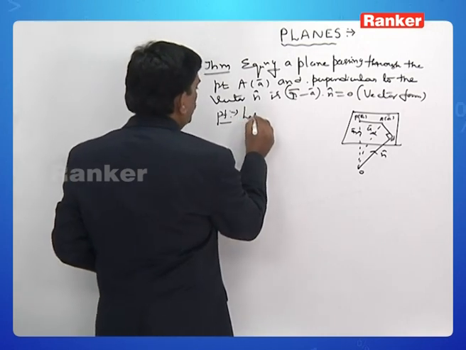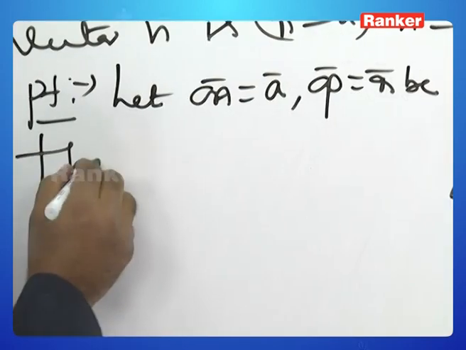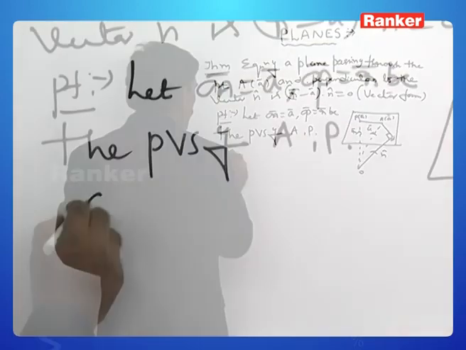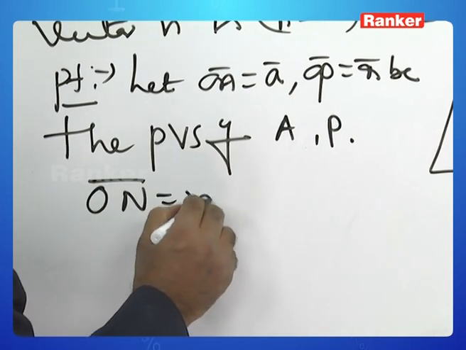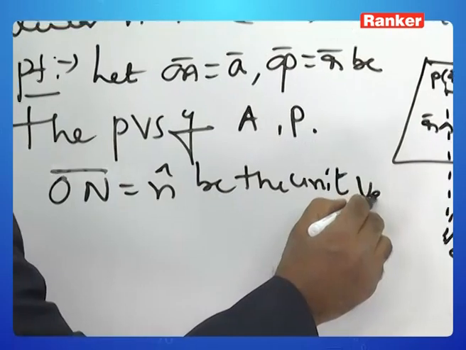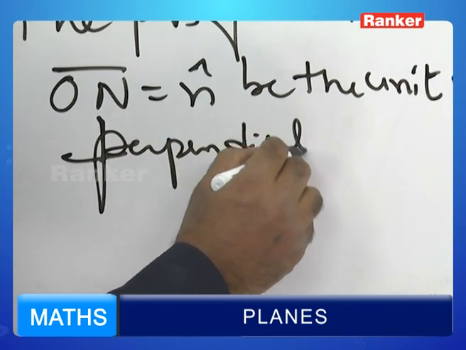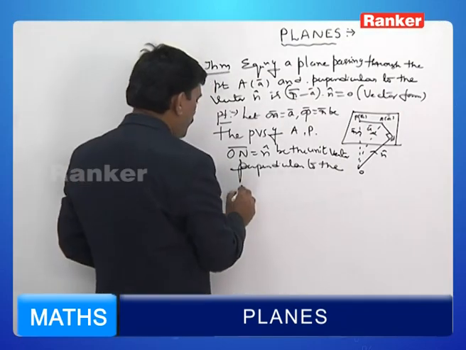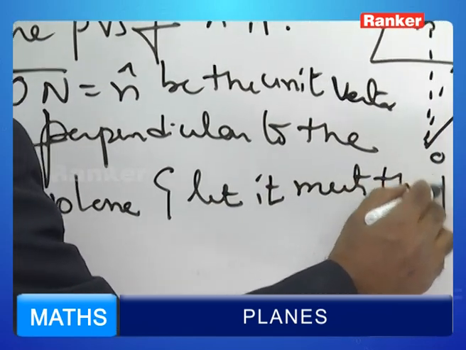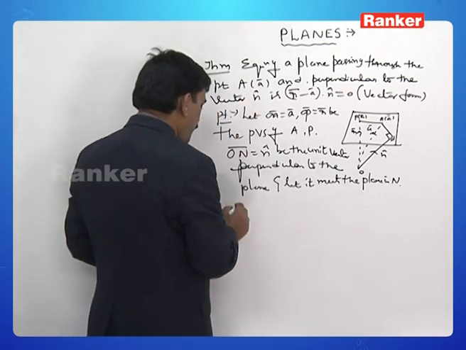What I can write is, let OA bar is equal to a bar, OP bar is equal to r bar, be the position vectors of points A, P. And ON bar is equal to n cap, be the unit vector perpendicular to the plane, and let it meet the plane in point N. As I told, you can very well observe from the figure,